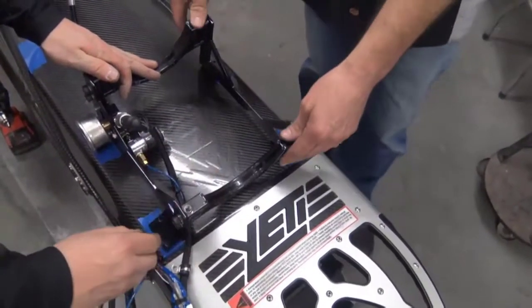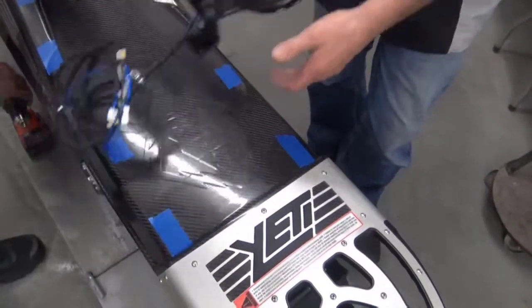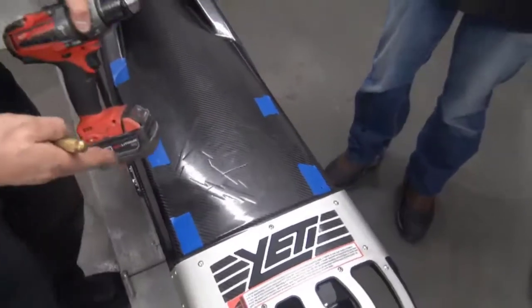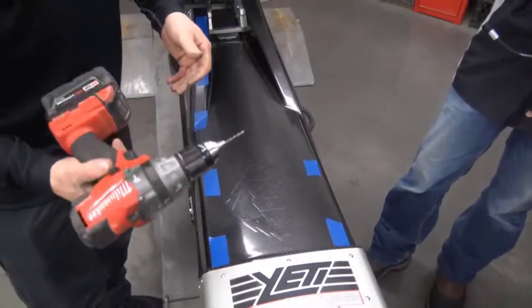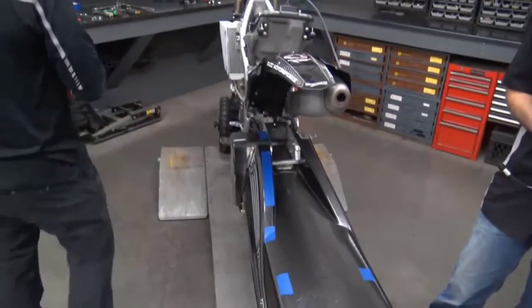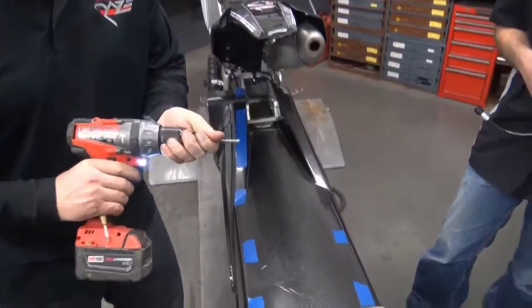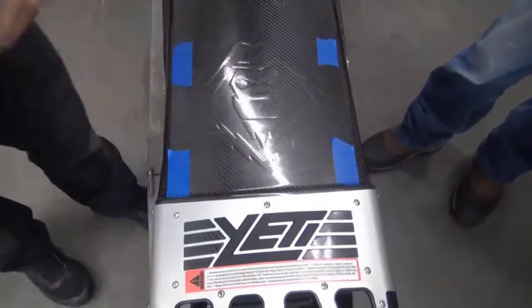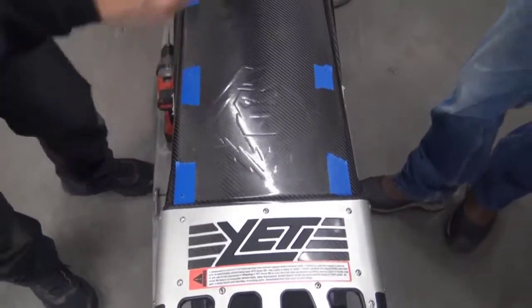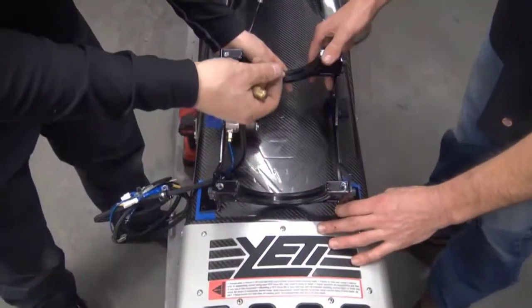So you can take a snap punch, punch your hole, take the bracket off. Now with carbon fiber, you're drilling a 3/16 hole for your rivet, but you're always going to want to step up. So start out with a small drill, run it through, change out to a 3/16, run it through. Set your bracket back down, drop in a bolt,